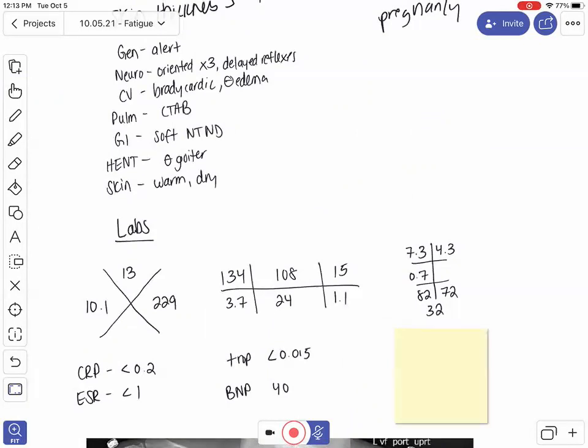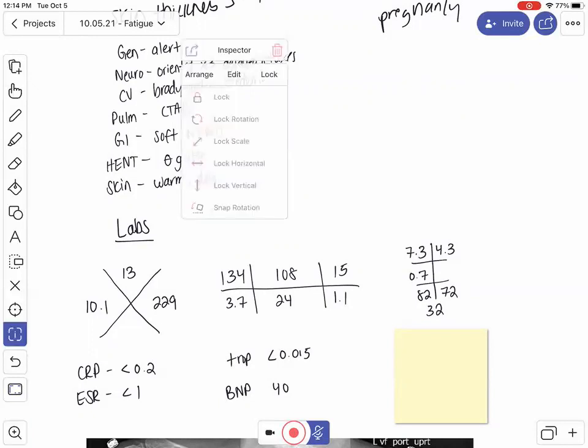And then you can see her inflammatory workup was negative. CRP, ESR, TROP, and BNP were largely normal. Questions on this? Okay. There was one lab that table 3 wanted, TSH. Do you guys want to guess what her TSH was? 80, 100, normal? 20, normal? Okay, well, behind door number 3, we have,